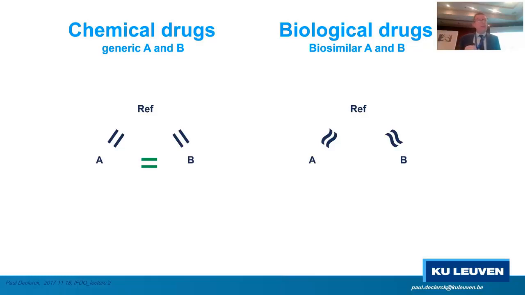This is a completely different situation with biosimilars, because biosimilars are similar to the reference product. So if we consider a biosimilar A for which we have demonstrated based on statistical information that the differences are not statistically different between the properties of biosimilar A and the reference product, that's okay. If we consider an independently developed biosimilar B for which we have also demonstrated by statistics that the differences we observe are not significantly different between biosimilar B and the reference product, then I invite you to go back